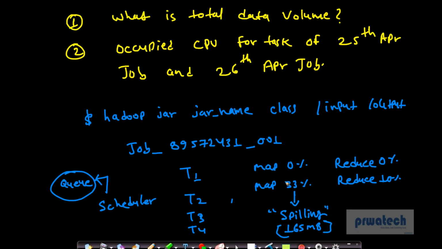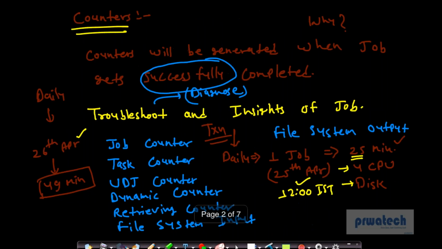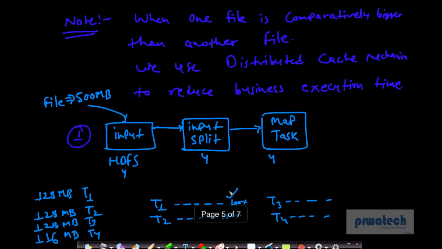Will mapper output go in HDFS or will mapper output go in local? Mapper output is going in an intermediate location, and the intermediate location is my local file system. Remember this point. My map task output is not getting stored in HDFS. My map task output is getting stored in an intermediate location, which is my local file system. It does not cache it. There's no caching concept. That's the reason it takes more time if I start